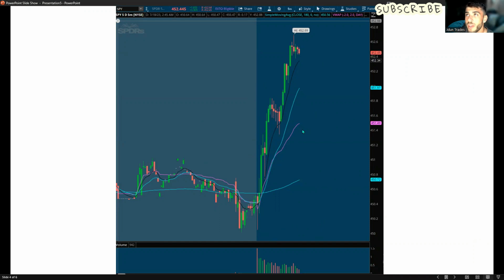Well, we see a fair value gap here, a retest of the 9 EMA and the fair value gap, and then a continuation higher. We could X that one out on the strategy and be perfectly fine because we did break above, we confirmed trend, and now we see a fair value gap and a retest in the 9 EMA. The risk to reward is great because our stop out point is just a candle close below the fair value gap or 9 EMA. If you want more risk, you can do a candle close below the 20 EMA, which